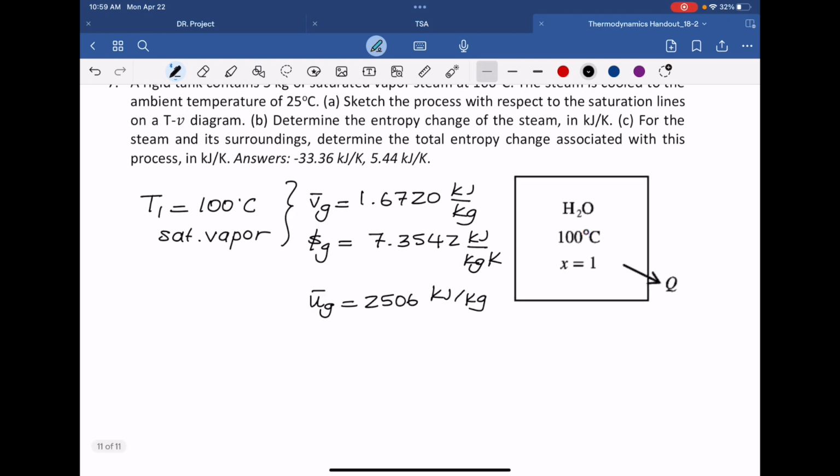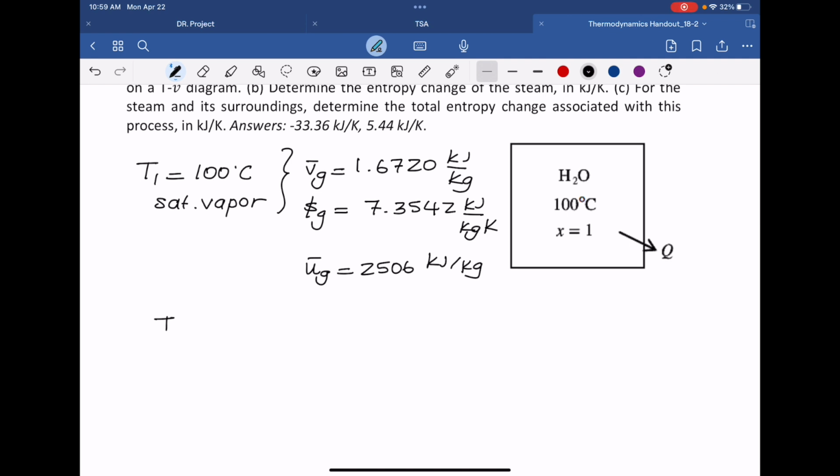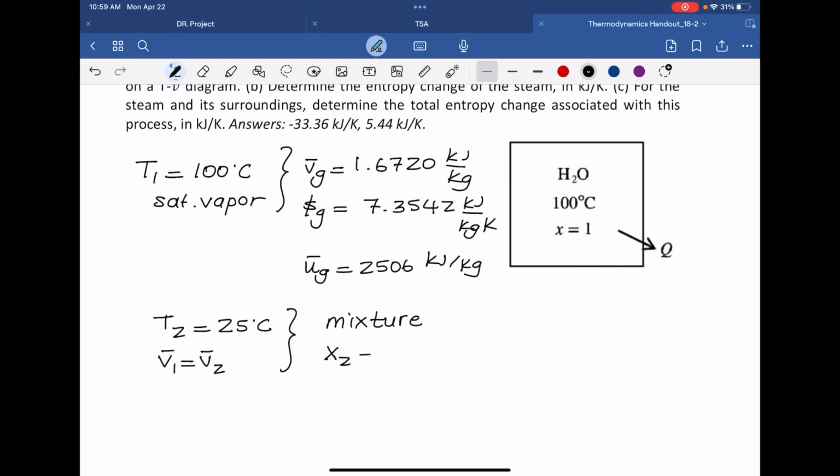Now for the second state, what we know is the temperature because they tell us so. Another thing they didn't directly tell us, but what we know, is the specific volume is the same since it's a rigid tank. So this will tell you it's a mixture, and if that is a mixture, you need to find quality first from specific volume, which should lead you to